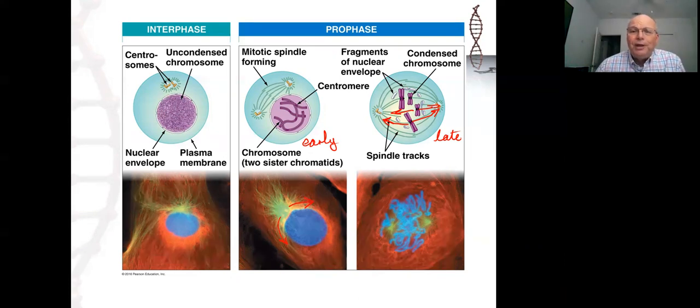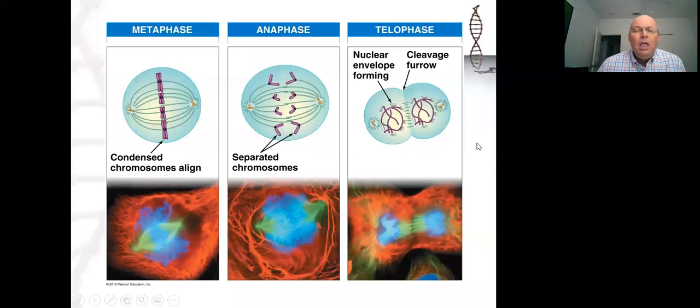So in late prophase, the nuclear envelope breaks down so that the microtubules of the spindle can start to engage with the chromosomes and start moving them around. So what is that movement all about? Well, initially, it's to get all of the chromosomes